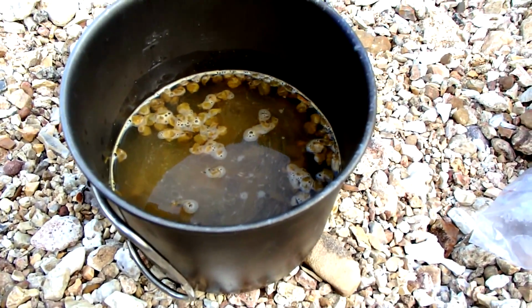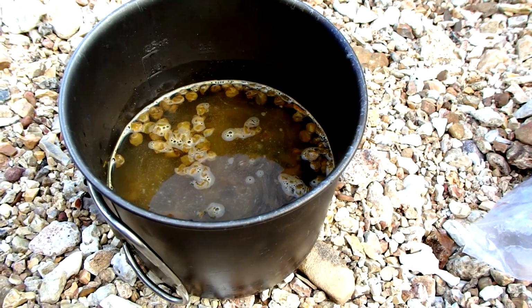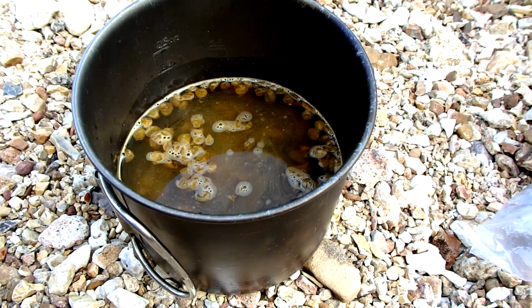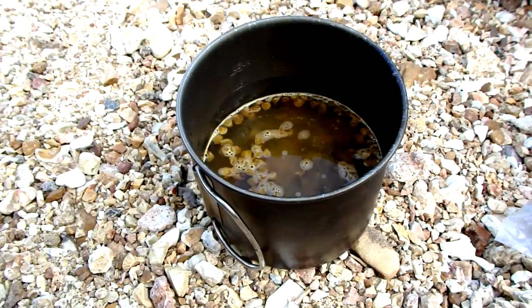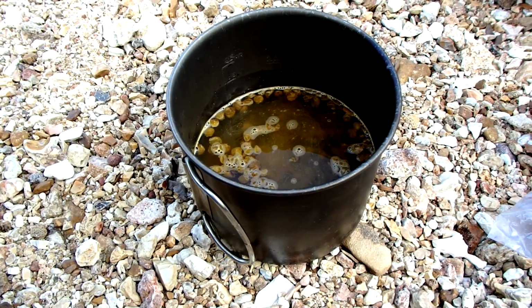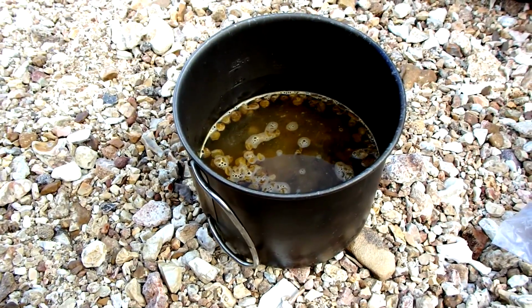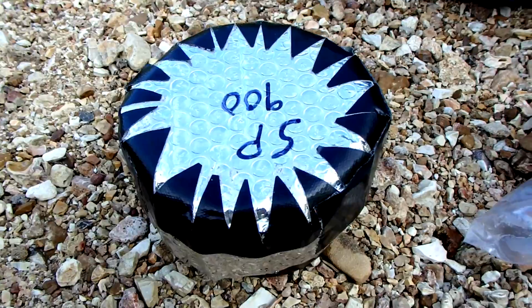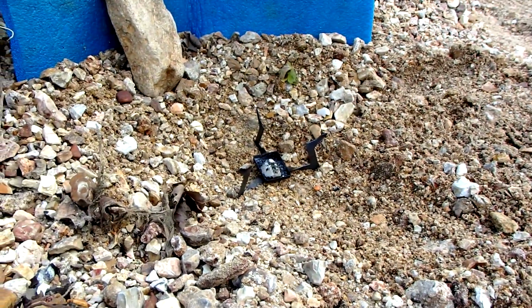So I just put in about 10 ounces of water. I wrote down 1.5 cups, but I'd rather start off with a little bit less, so like 1.25 cups, and see how it rehydrates. It's gonna look like bear poo, I'm gonna be honest with you, but that's most Indian food. And the bonus is that people will not try to eat your food. So I'm gonna let that sit for about 10 minutes or so, and then I'll heat it up a little bit